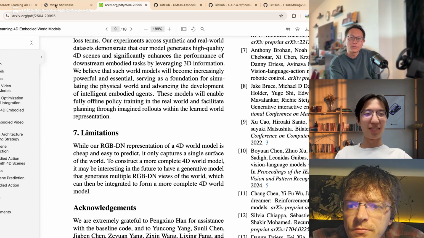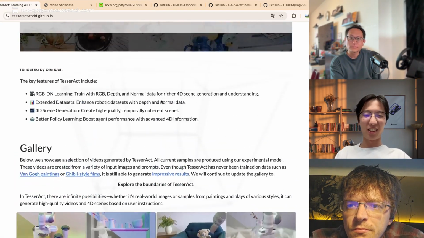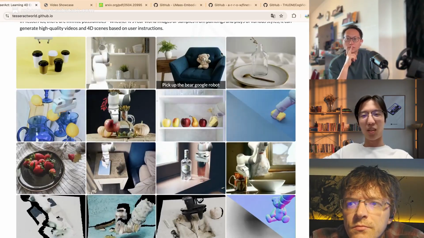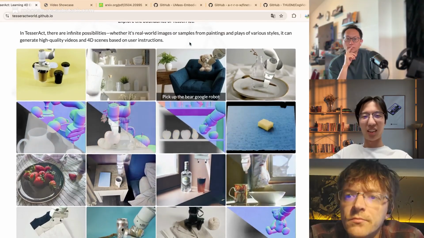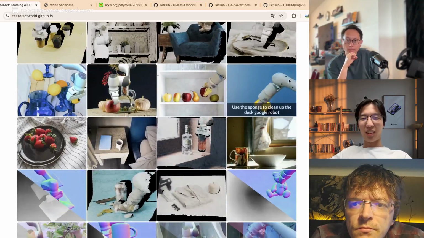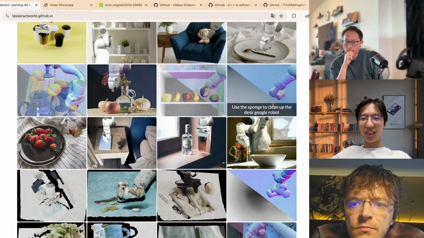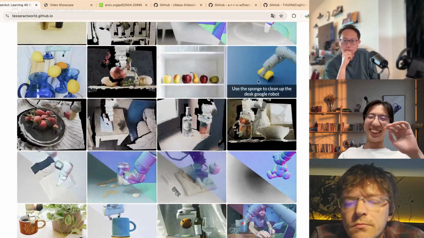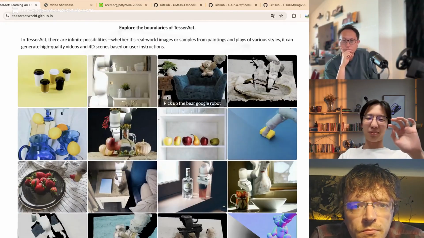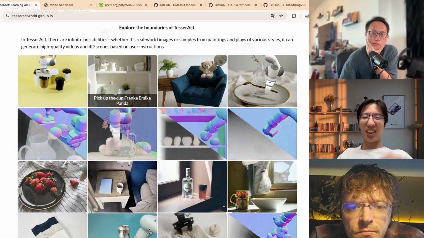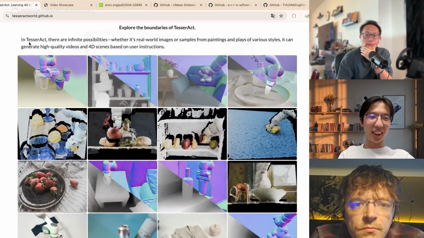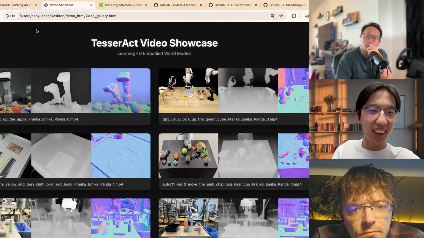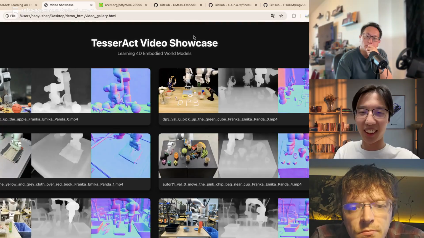Okay, got it. So you can see that all the prediction results are single view. It's promising, we still need to enhance it. And also the video results shown here may be a little bit simple. Like there's only one sponge, or the whole thing is too clean. So there are also some complex things, and they're also generated by TesserAct.